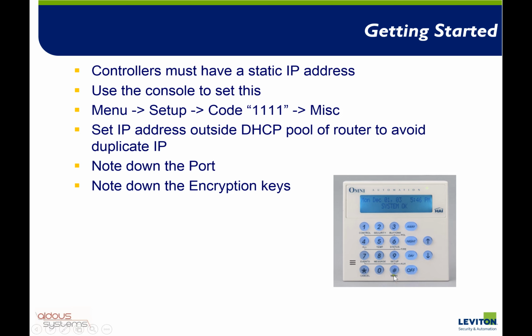The hash key there's got menu written underneath it, so you press that to get into the menu. You can scroll down through the menus using the up and down arrows and select setup. Then you'll need to enter the installer code. Now by default the installer code is 1111, but of course any installed system will have changed the default installer